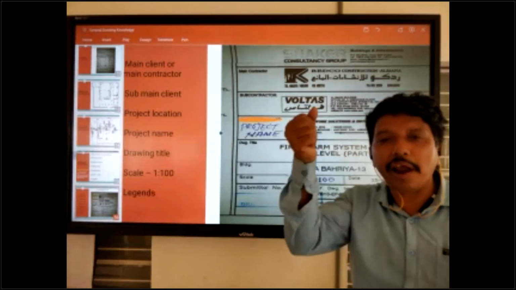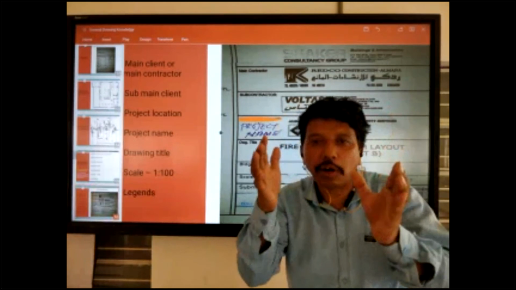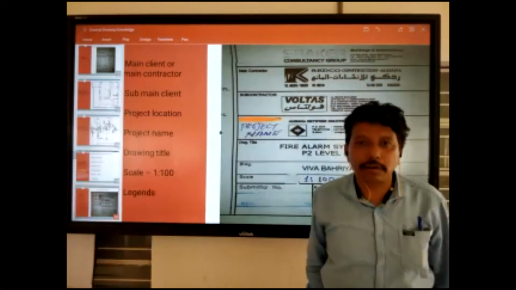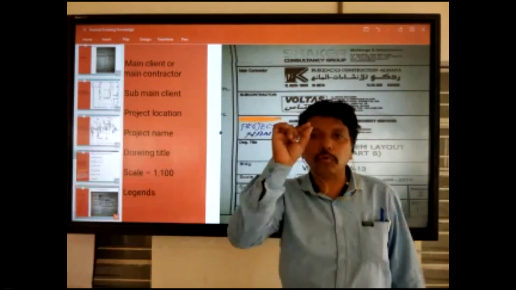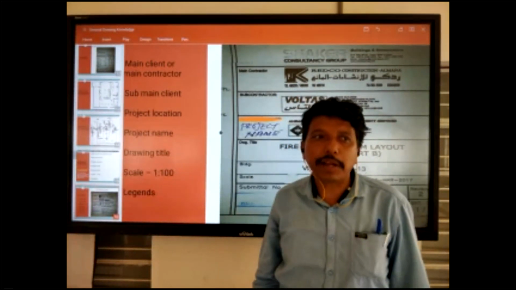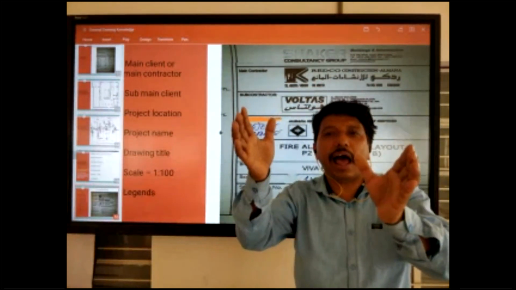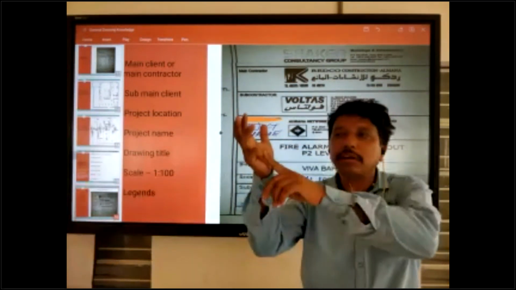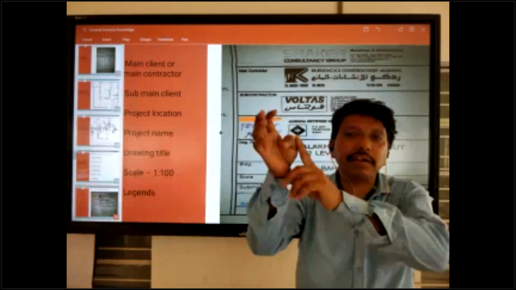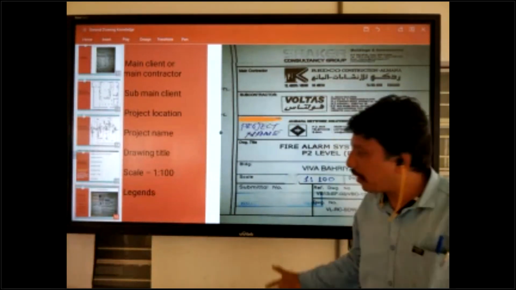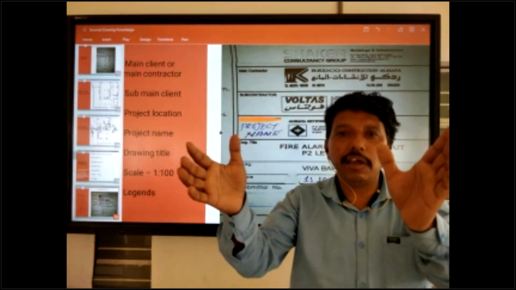With any drawing, when it first comes into your hand, before you start the work, you check the scale of the drawing and the title of the drawing. These two things you check first there. Because one company's drawings have so many types in electrical. I already told you: lighting, cable tray, DB schedule, panel, wiring. So many drawings come. Sometimes the drawing changes as per your activities.